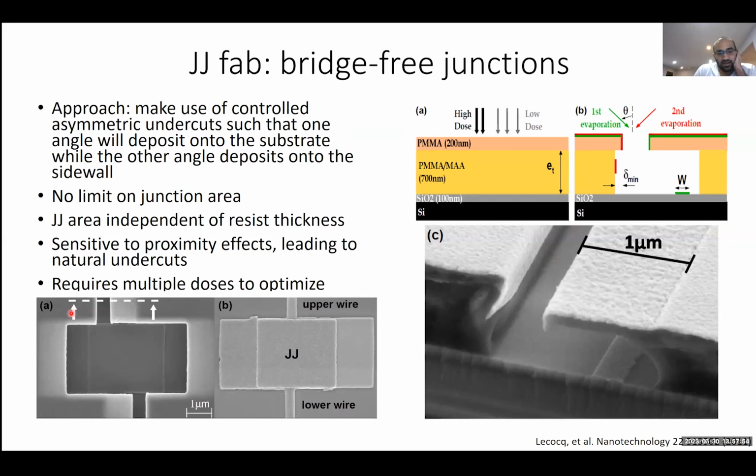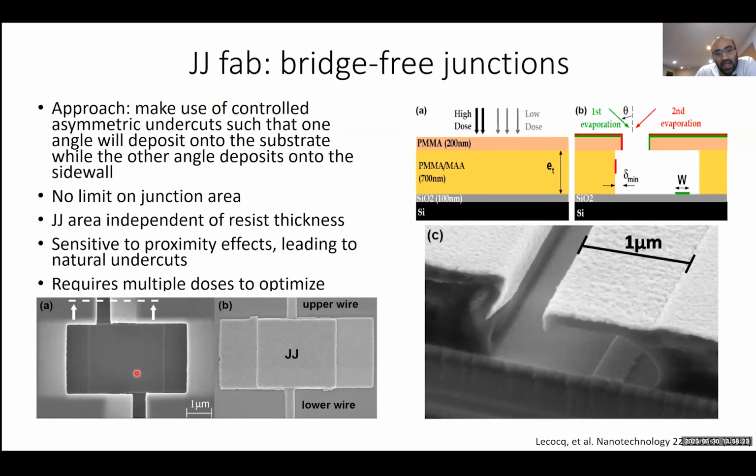So the pattern looks like this, where you have a fully exposed region right here, and then you have an artificial undercut here made by exposing this region with a very low dose, such that you only develop away the MMA here. And as a result, when you do an angled deposition along this direction and this direction,